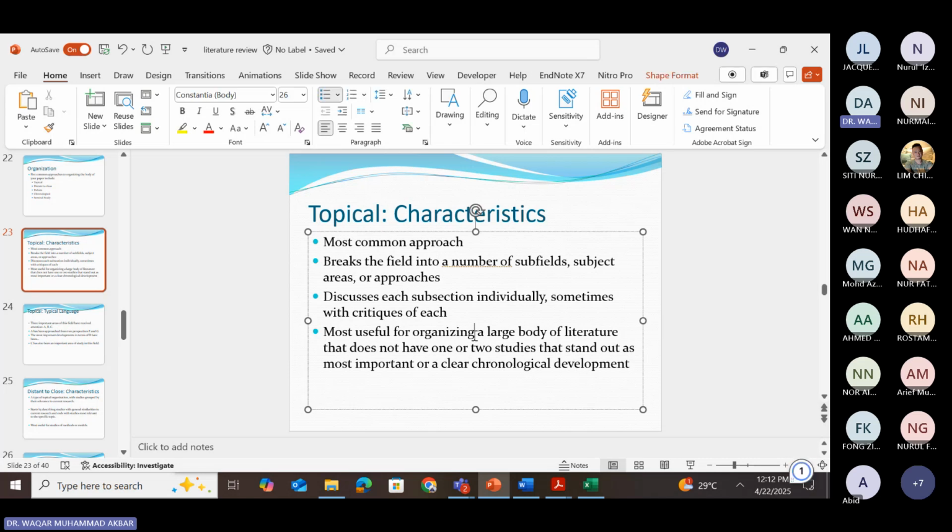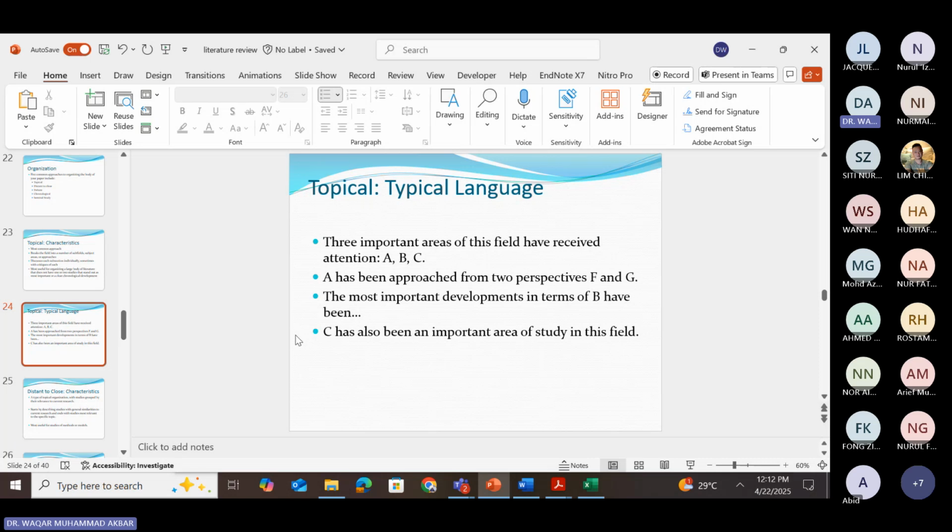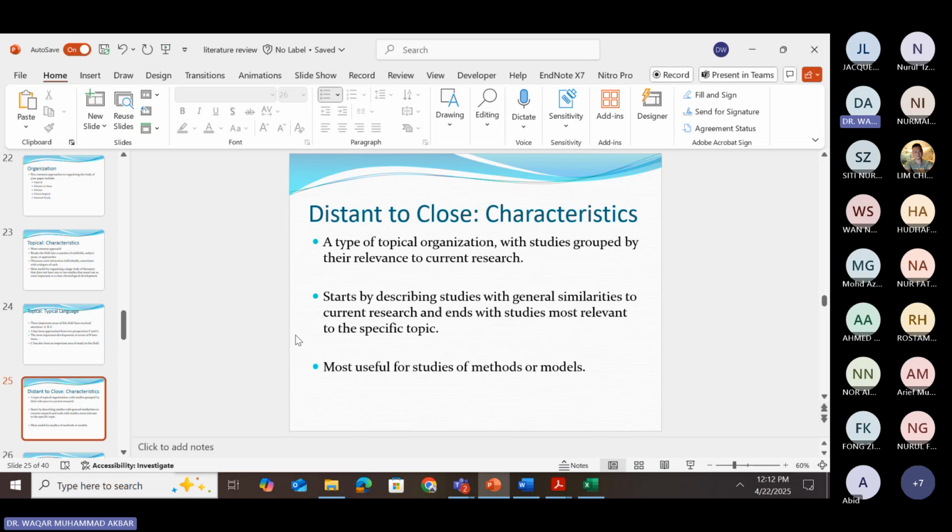So I suggest that in your PhD or master's on blended learning, topical is the most common and most useful approach. Okay, like three important ideas have received attention: A, B, C. A has been approached from two perspectives, F and G. The most important development in terms of B has been discussed. This thing C has been an important area of this field. Okay, distance to close is such a way that you come with the large body of literature,